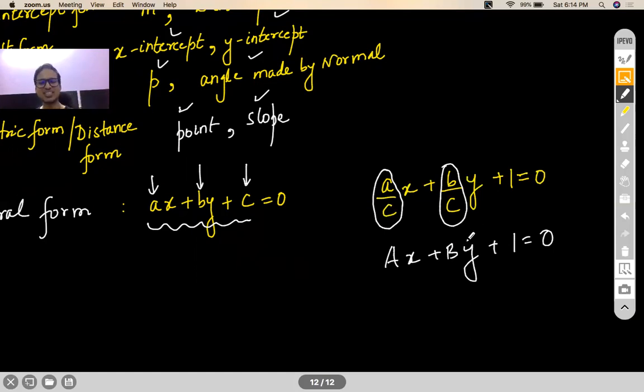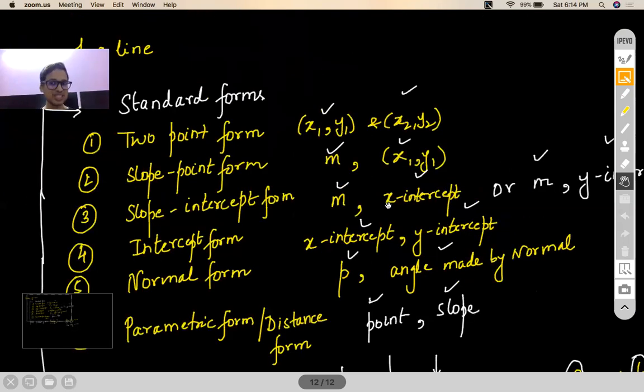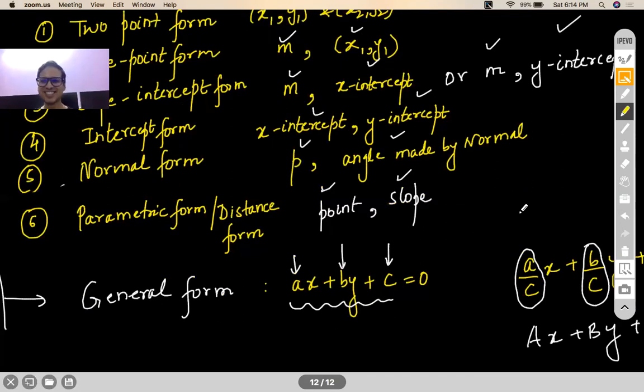Okay, so this is very important. Many interviewers will ask you this question. Let's say if you were a KVPY aspirant last year, they would have asked this question to you. In a line, you have ax, by, and c, so to know a, b, c, we need 3 conditions. So how come you are getting the equation of standard forms only by knowing 2 conditions? So this is the answer. I think this was the question which was asked to me, so that's why I remember this fact very clearly.